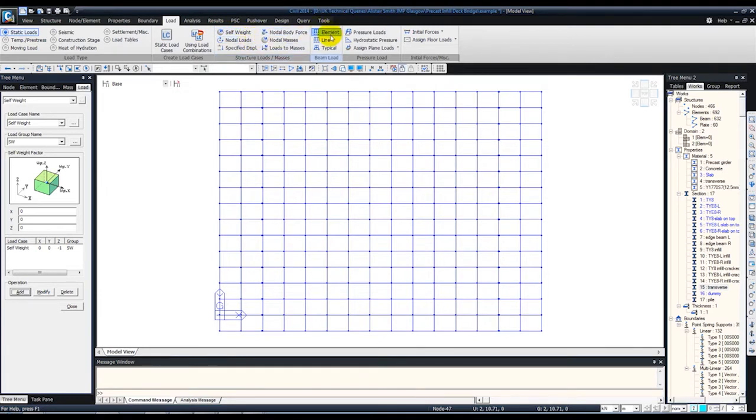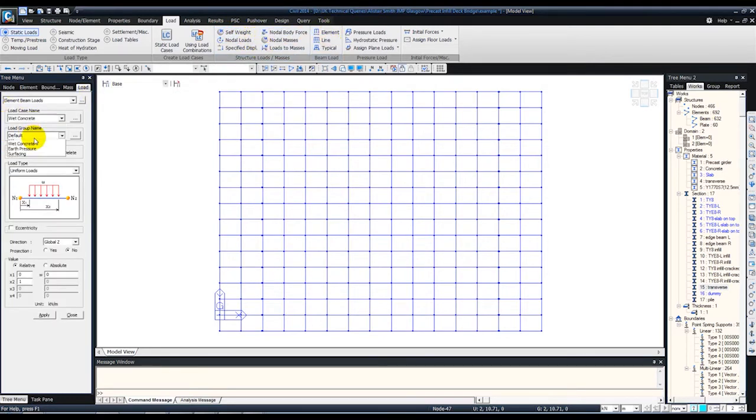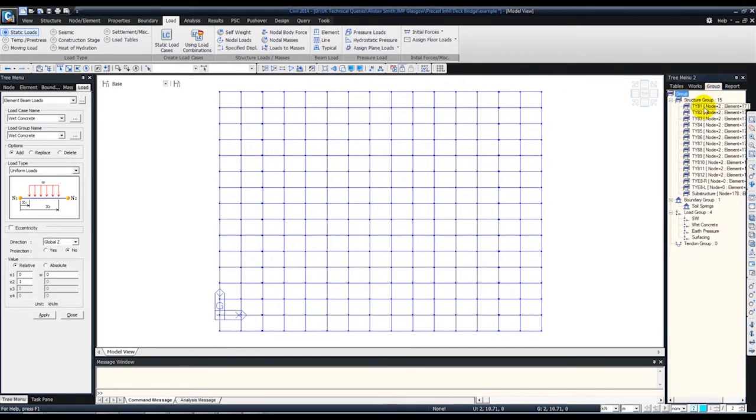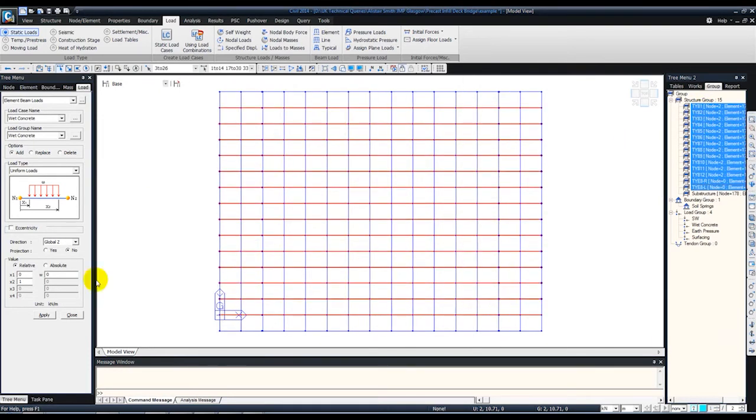So elements, say wet concrete load here, and select all the precast girders. So group, and just press shift and select all the precast girders, right click and select. These are all the precast girders, and let's say